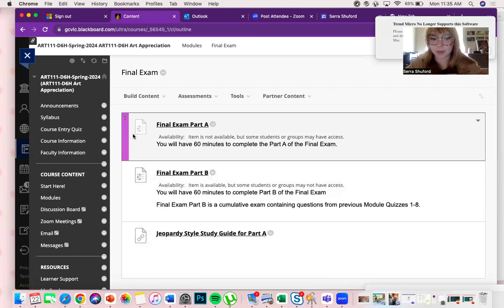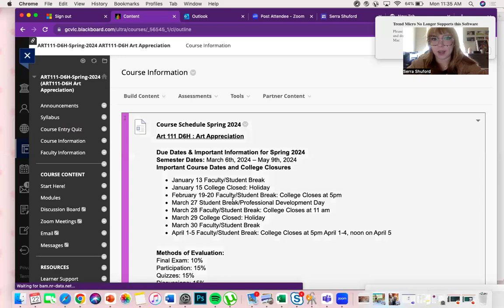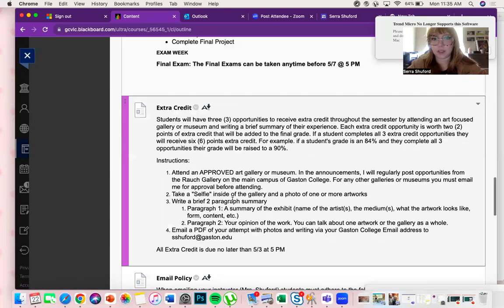The last thing I wanted to mention, I know this class is very short. It's only 8 weeks. And if you miss a week of the classes or something, that's a big percentage of your grade that is negatively affected. I want to remind y'all that we do have extra credit opportunities. They have to be turned in to me no later than May 5th. But if you go over here to this course information tab and you go all the way below the schedule,